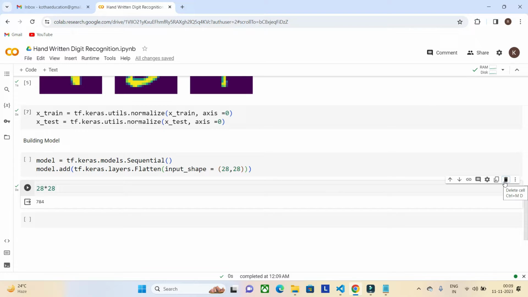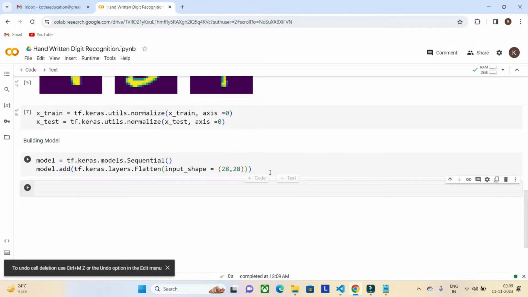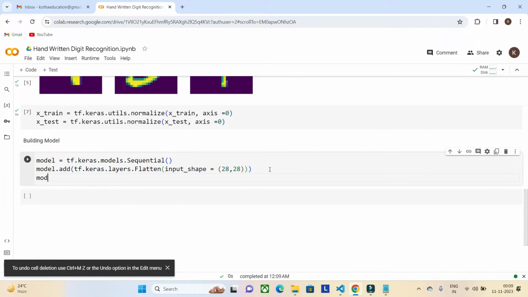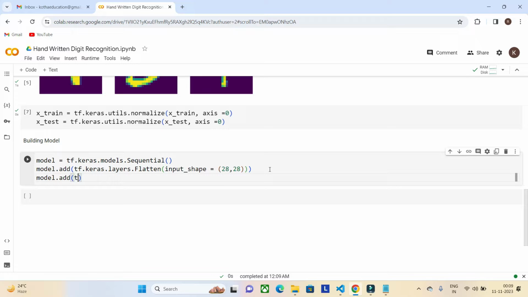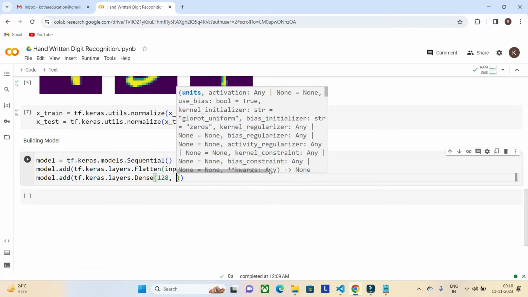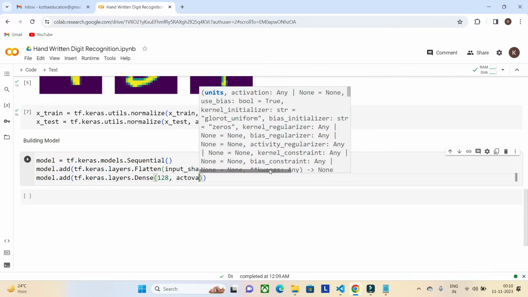In simple terms, instead of a two-dimensional array, it will make it a one-dimensional array. And next, model.add of tf.keras.layers.Dense layer. What I'm going to add is 128 nodes, and activation equals relu.